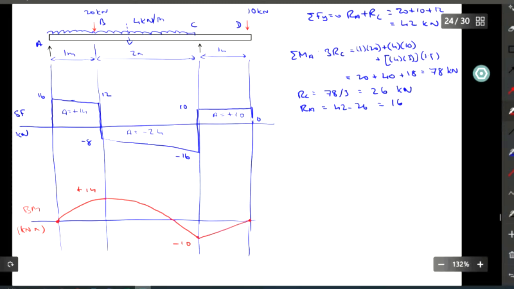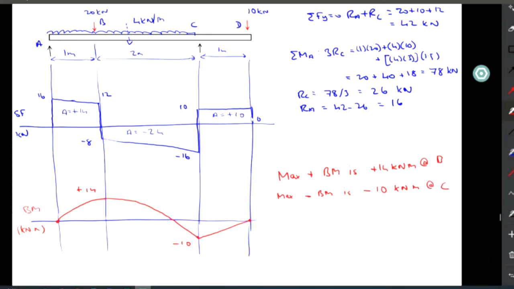Okay, so the maximum positive bending moment is plus 14 kilonewton meters at B, and the maximum negative bending moment is minus 10 kilonewton meters at C. So if we were to draw the shape of the beam,